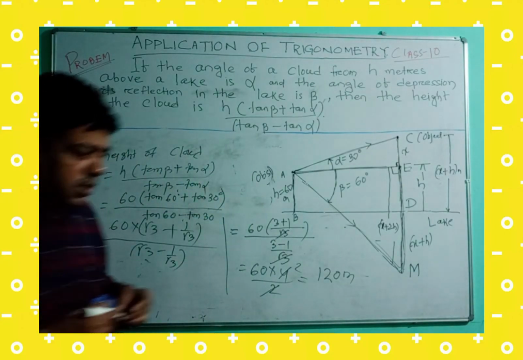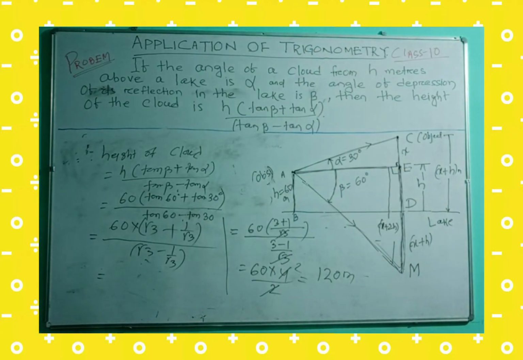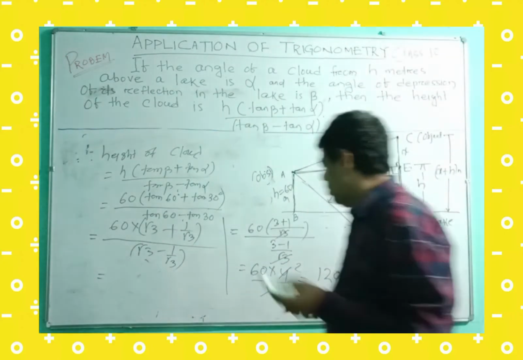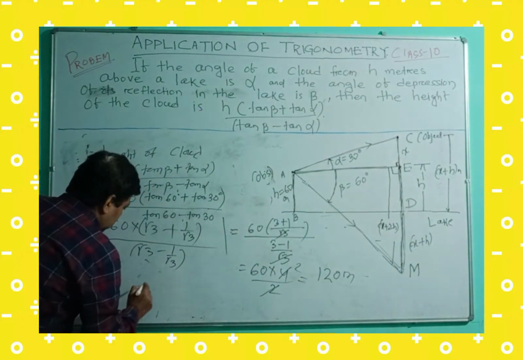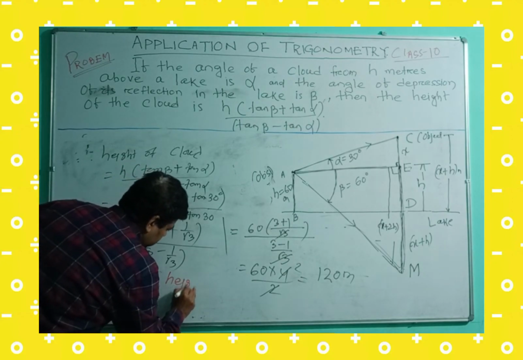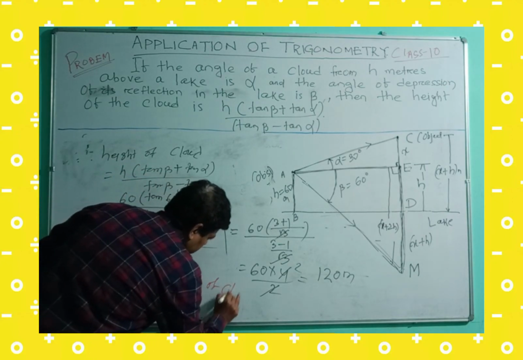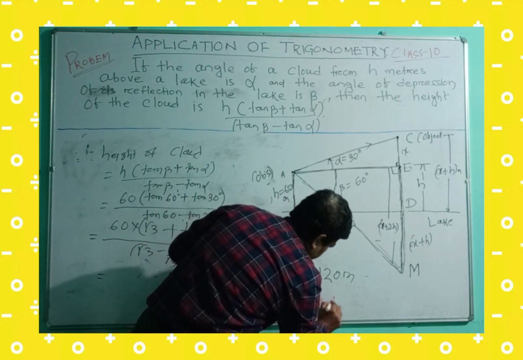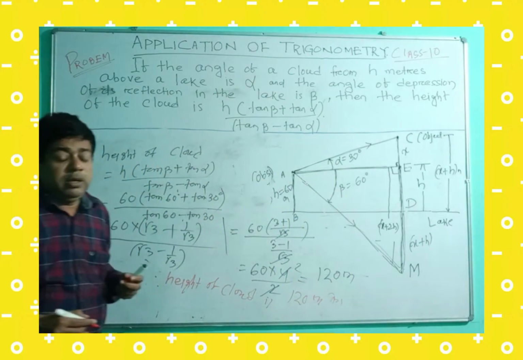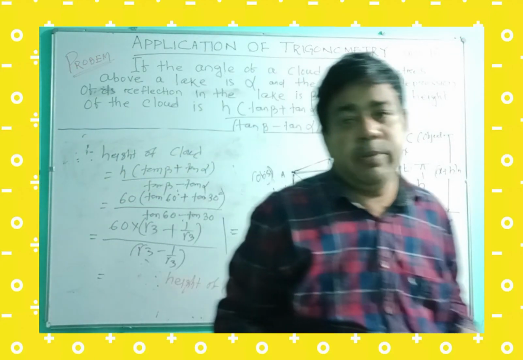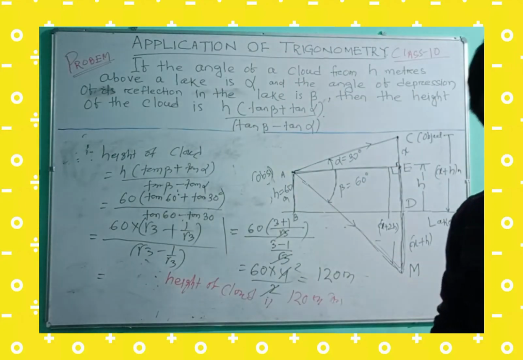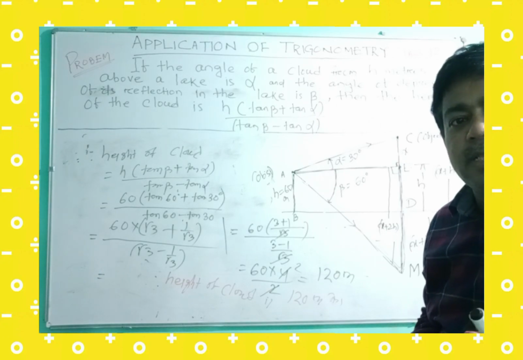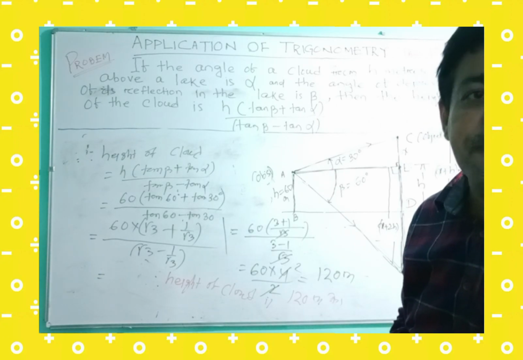Yes, understand how you can apply this type of problem. Okay, so this is the general formula you can think here. Hence we got the height of the cloud, hence the height of the cloud is 120 meter. So it is interesting, students. Okay, so try to solve different kinds of problems. Okay, I hope you will find the class interesting, and also try similar kinds of problems. I hope you will practice seriously for your examination. Okay, take interest toward the